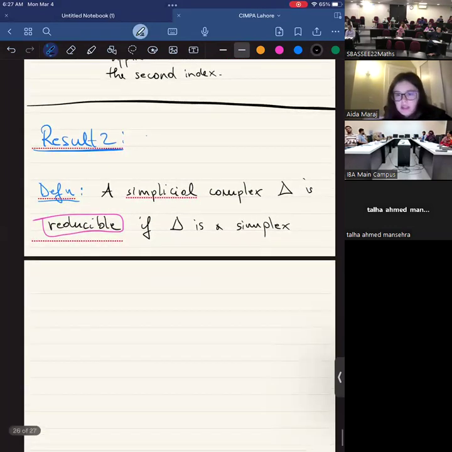So it's like one of these: a point, a line, a triangle, or a higher dimensional triangle. Or